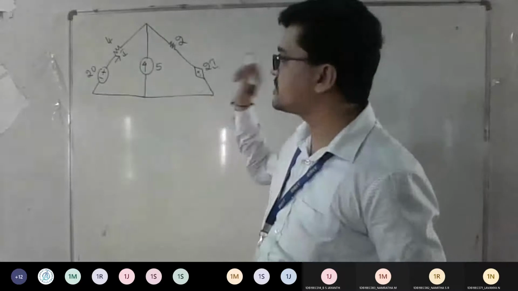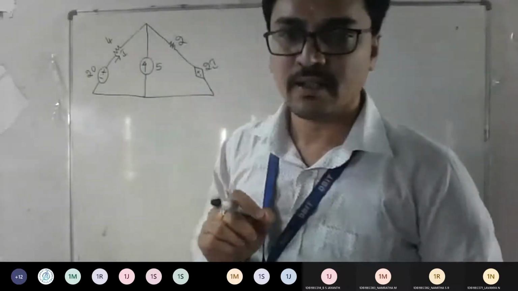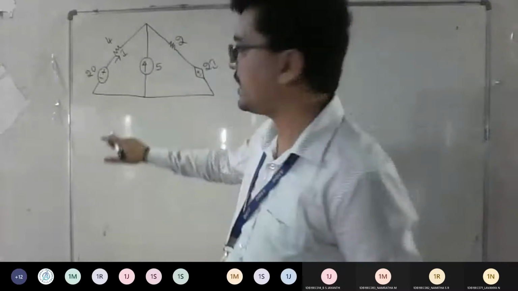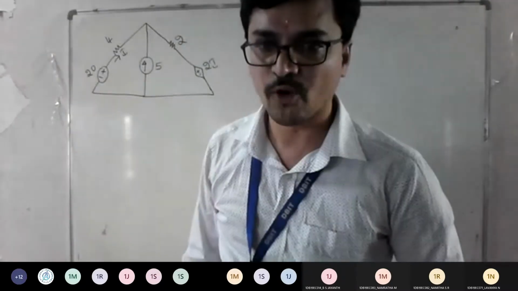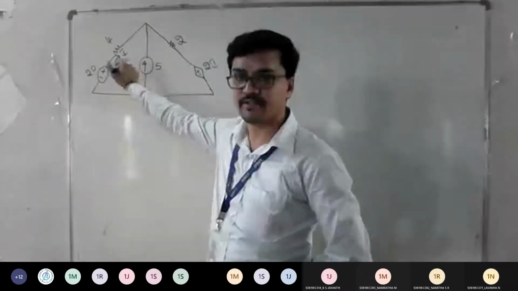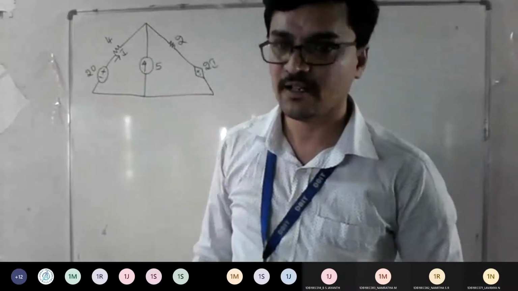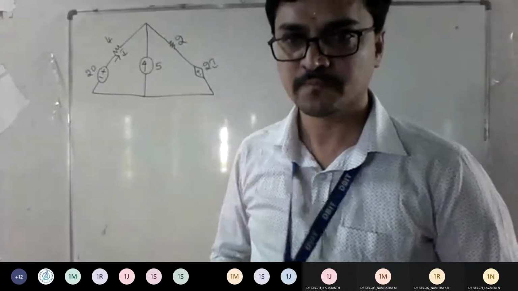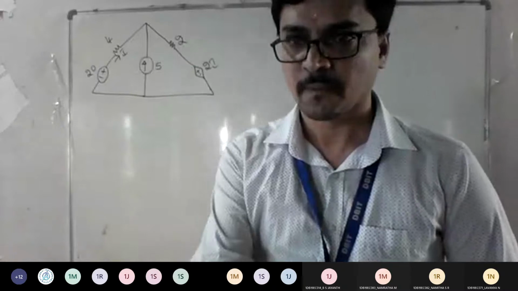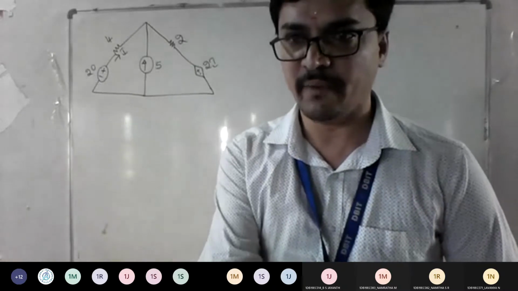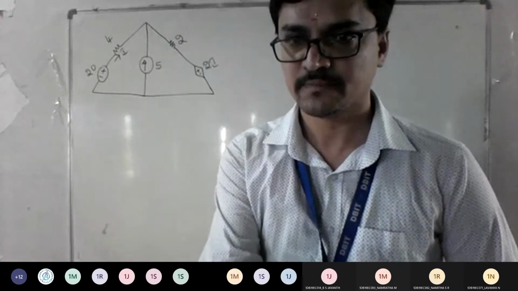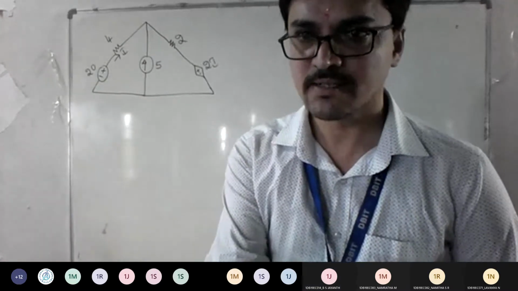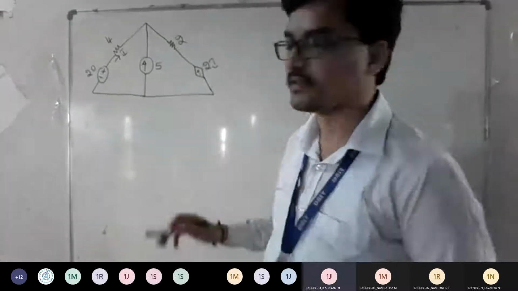What the question asks is, using the principles of the superposition theorem, you need to find the current I. Where is I? Across the 4 ohm resistor. So across the 4 ohm resistor, you can find the value of I. Correct? By looking at the network, can you judge whether it is dependent or independent? Look at the network and tell me. Yes, it's dependent. Good.